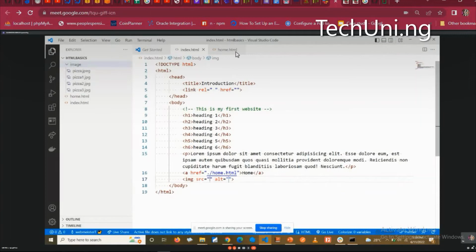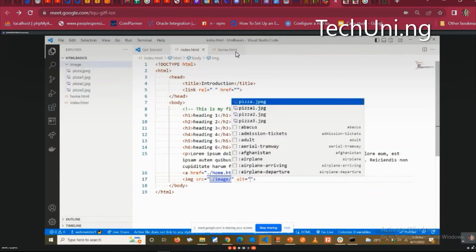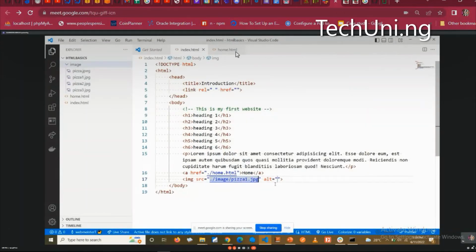So we can use that same trick to get to where our image is by dots, then slash, then it will show. Then we can scroll and pick the image that we want to use. Then inside there,